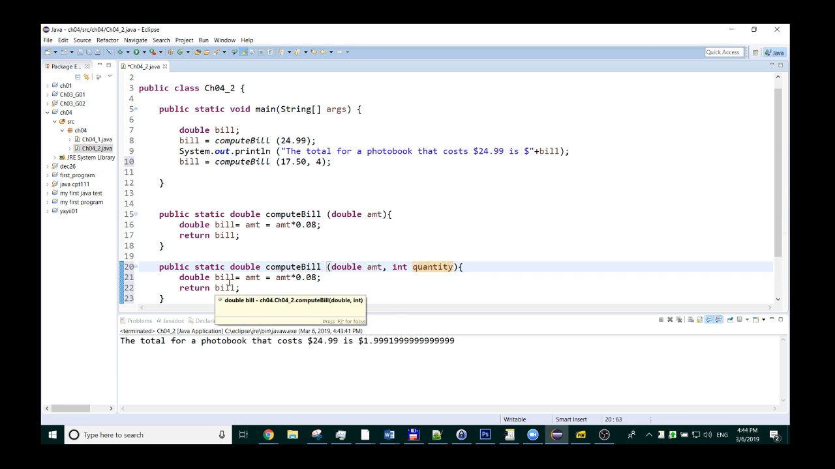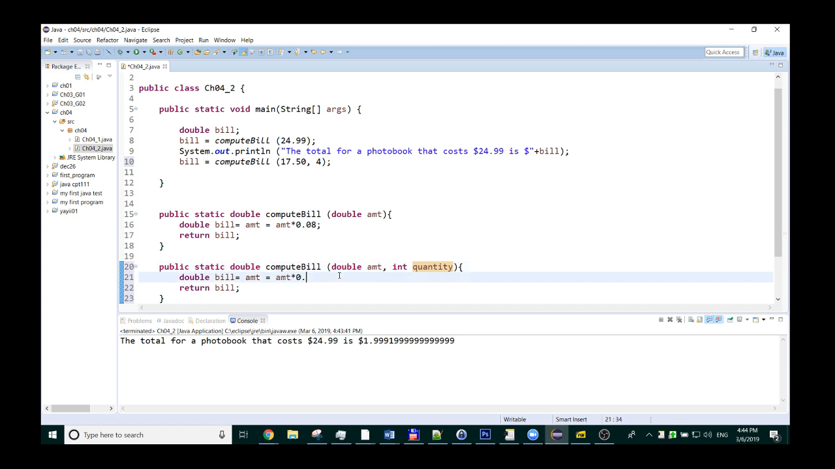And we're going to have the bill is equal to the bill here. The bill is going to equal the amount times the quantity. Good. And then I have double bill here, right. Then I'm going to have the bill is going to be equal to the bill plus, and again I'm going to do the bill times